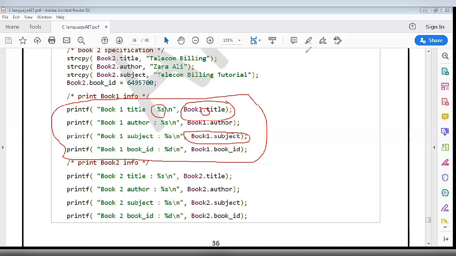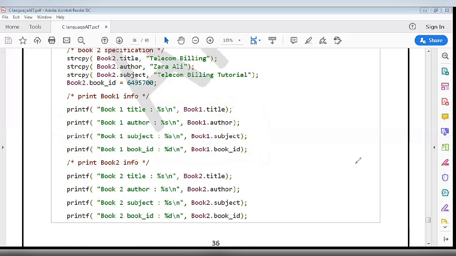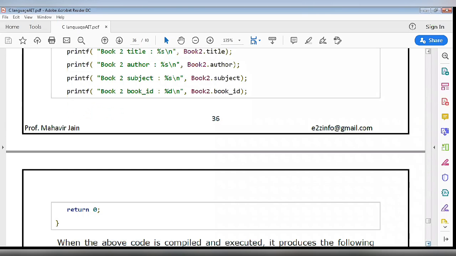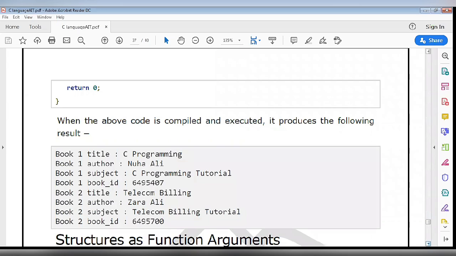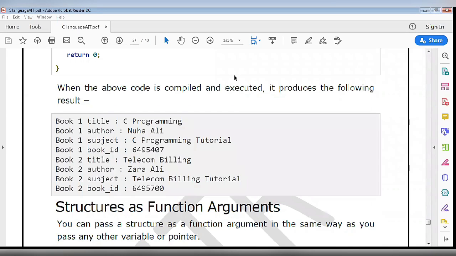And book1.book_id: book1 is the object and book_id is the ID of the book. And this is the output of the program. Whenever you execute this program in the editor, you will get this output.